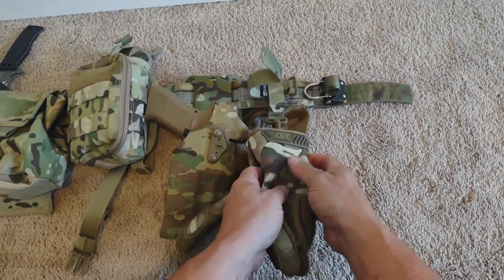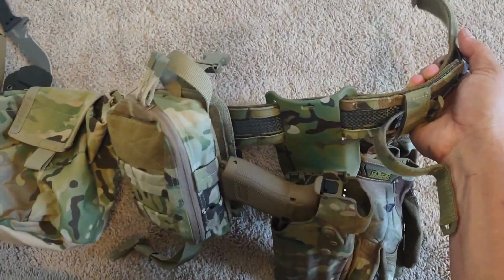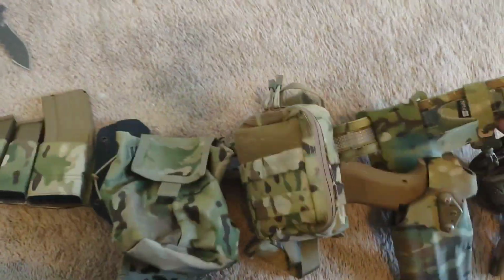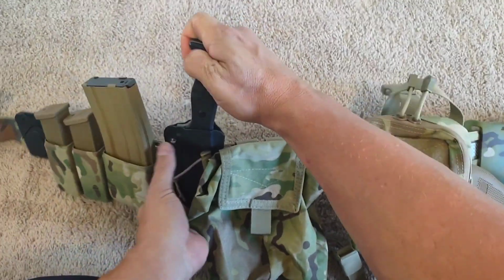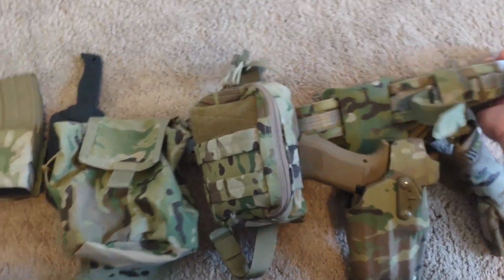All in all, if I have not stated it before, the retail price for the Pettech Multicam Battle Belt in its entirety, everything, is $377.90. As you can tell, I did have to slide the knife back into its orientation because, as I stated, it did slip away. But yeah, I would say quality-wise, this is by far the best belt out of the